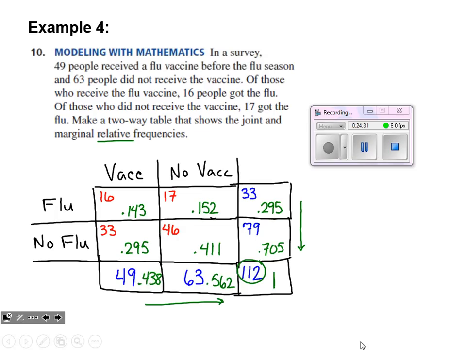So I can have some confidence in these marginal and joint relative frequencies to know that I could quickly find the probability of somebody that got the flu and was vaccinated. You can see how this would be really useful. Flu vaccine is a really good choice for an example, because this is something that you probably want to know in your area. How effective is the flu vaccine at keeping people from getting the flu?